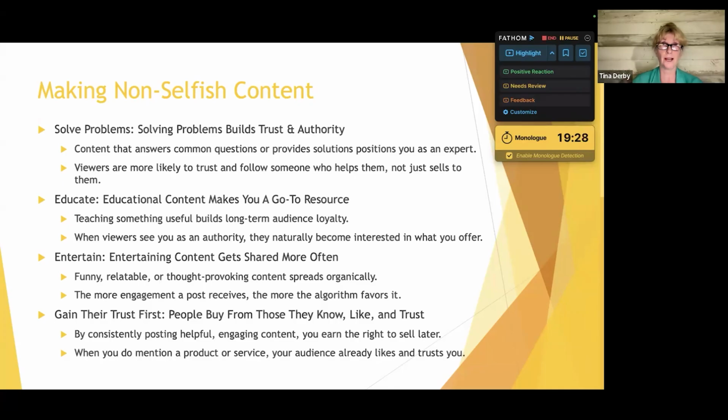And if you think about it, there's a lot of big companies that we all know about, but do we also like and trust them? Not necessarily. If they advertise a lot or they post a lot, you may see their logo and their ads everywhere. But if you don't have a warm, fuzzy feeling when you see their stuff, that's not optimal. It's good that you know them, that's one of the three things, but it's know and then like and trust. So you really need to be careful that you're doing the liking and the trusting part too.